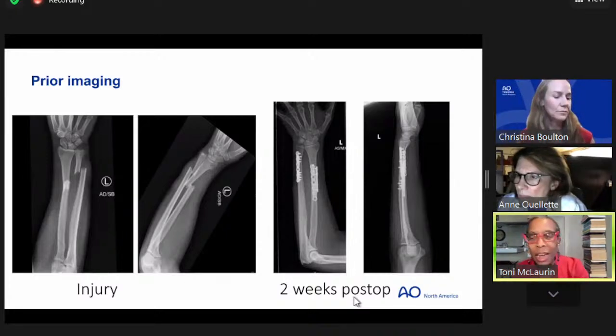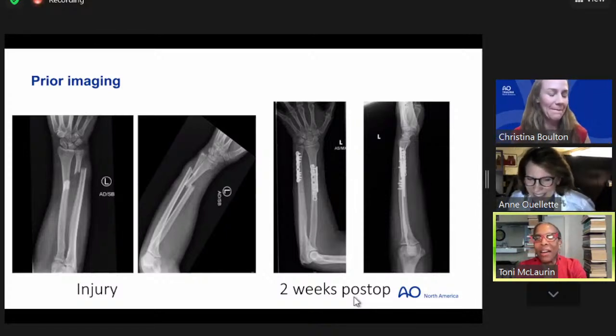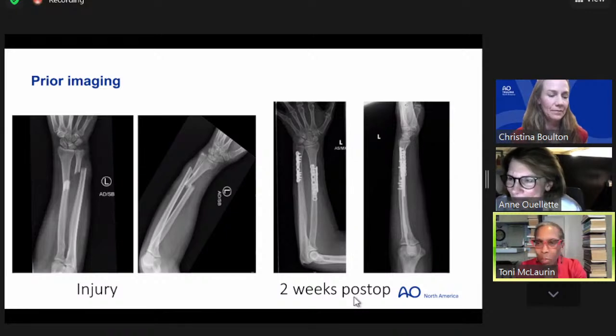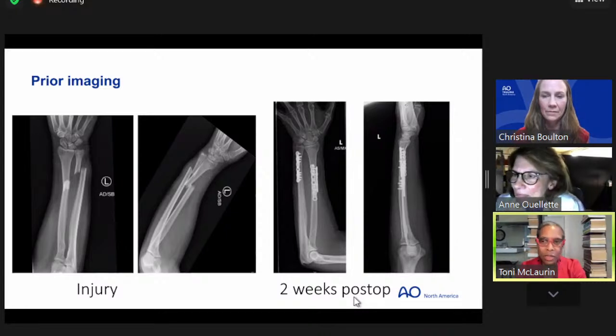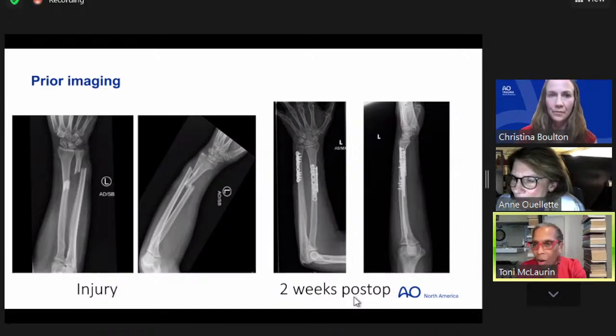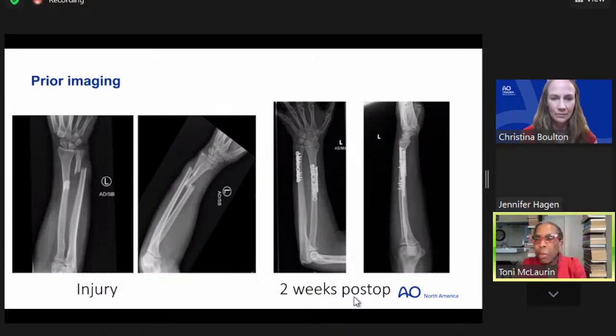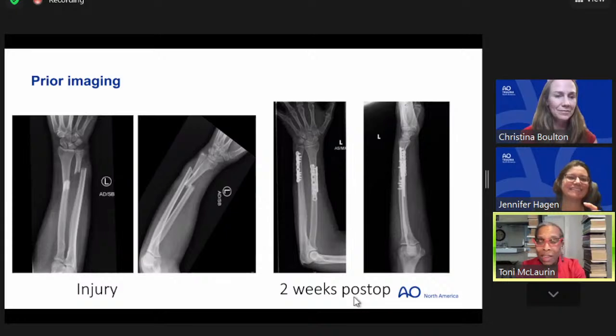Yeah, I want to weigh in. I do not understand what is happening now. I mean, I lived through plates that were straight and we had to bend them and make them fit. And we thought pre-contoured plates were the best thing that ever existed. Or, you knew how to use a DCP to get your compression, whatever. And we lived through people trying to put 1/3 tubular and recon plates on forearms, and you knew exactly what the next x-ray was going to look like. And then now all of a sudden, everyone is back to putting tiny little plates on things and putting like 20 little plates on. It's like, just put on one big plate that fits.